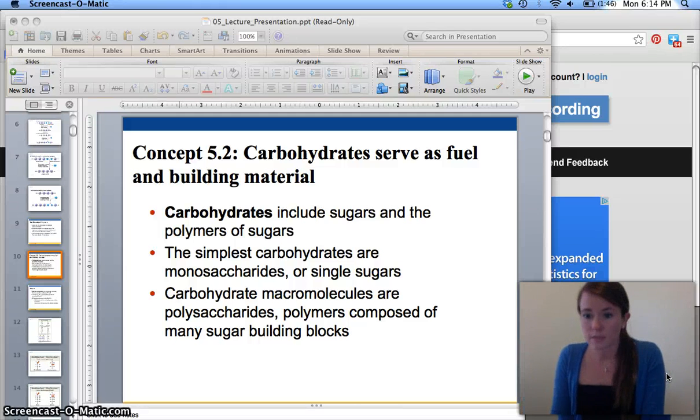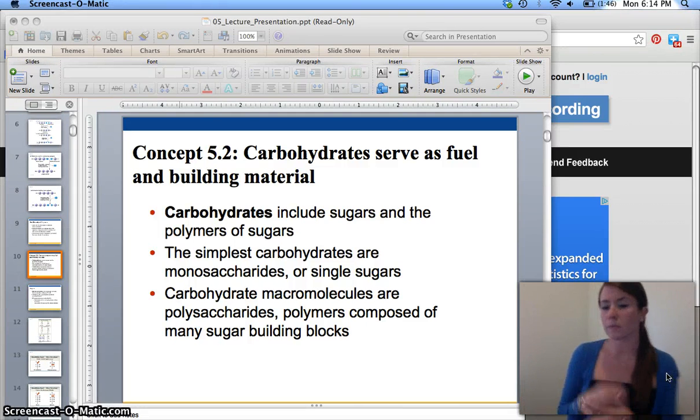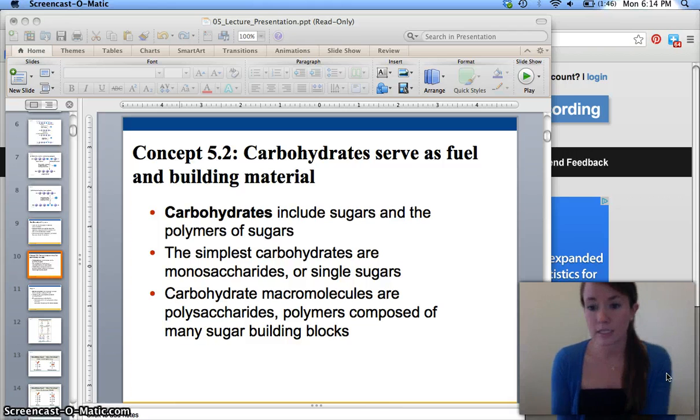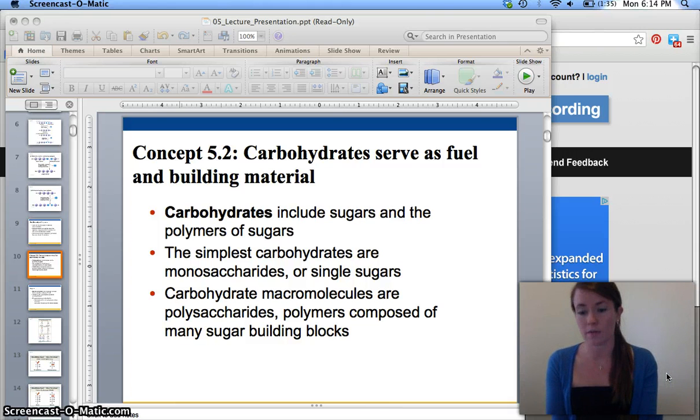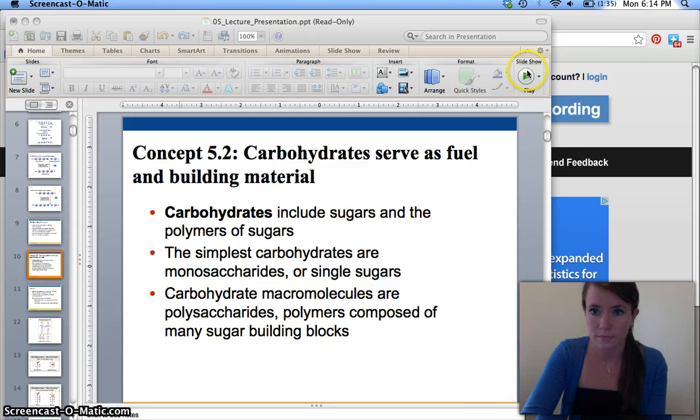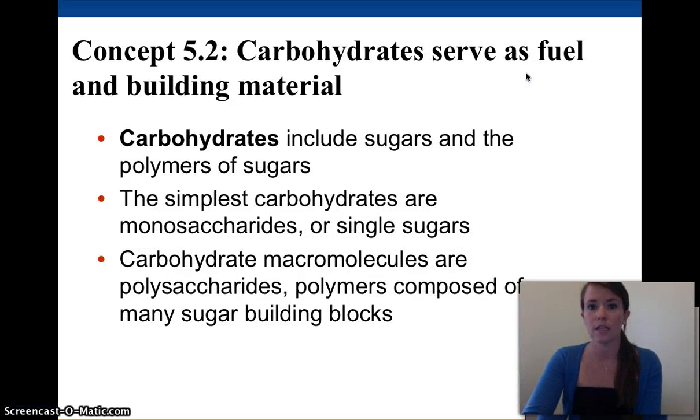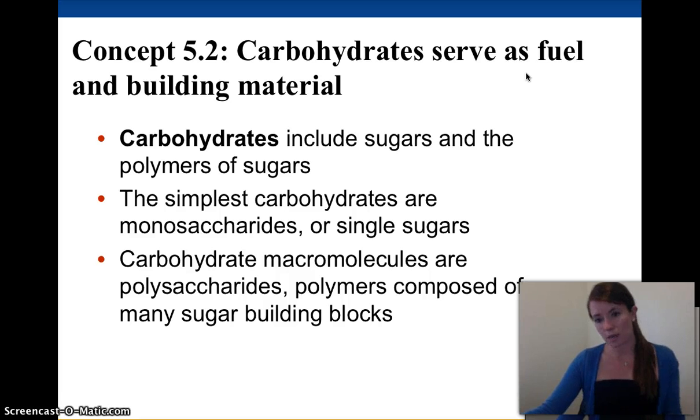So we just talked about what it means to be a macromolecule and what it means to be a monomer and a polymer. And now we're going to get right into the first macromolecule that we're going to talk about, which is carbohydrates. So carbohydrates, they serve as fuel and building material. That's the name of the section. Basically, carbohydrates are sugars and the polymers of sugars. So sugar would be the monomer, polymer is